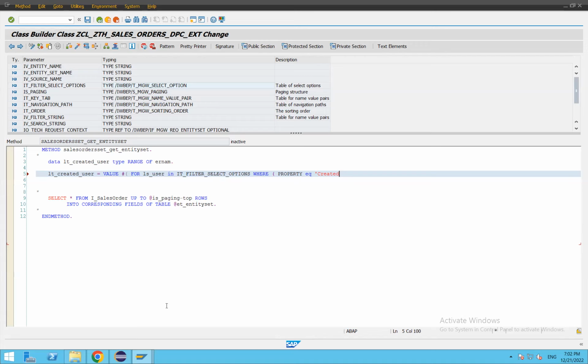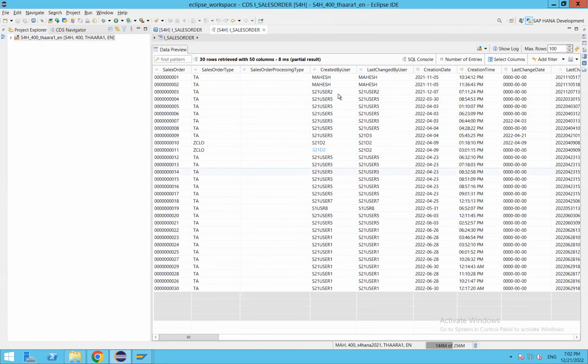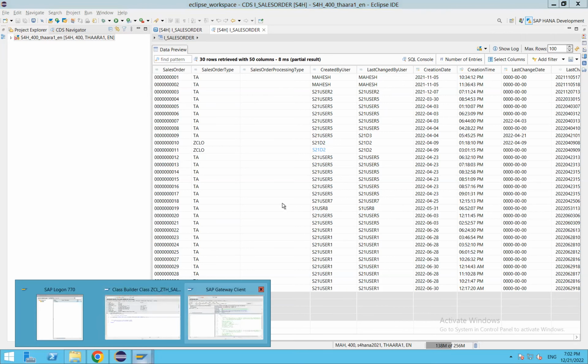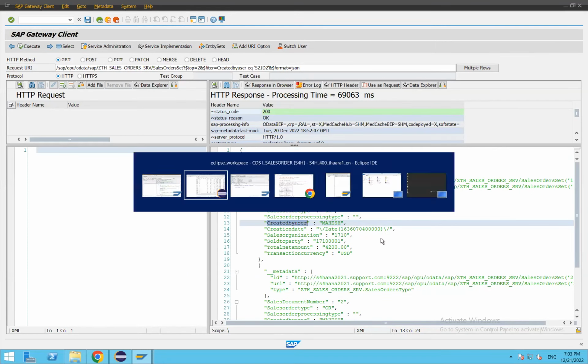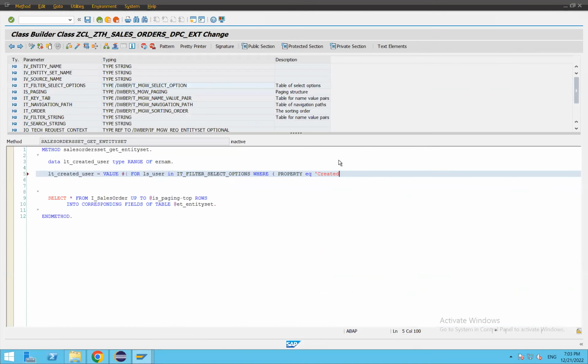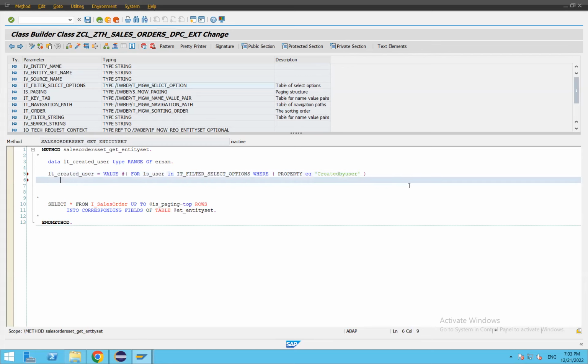Created by user, right? Created by user, I think. Yeah. Created by user. That's correct. So we can take reference from our payload as well. This is the exact name. Created by user, and I think